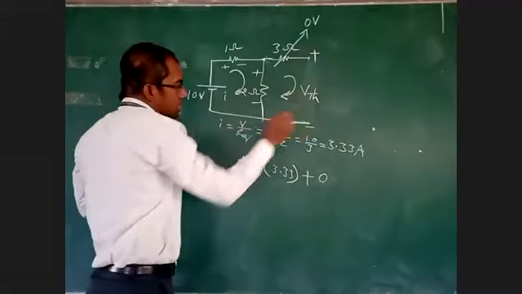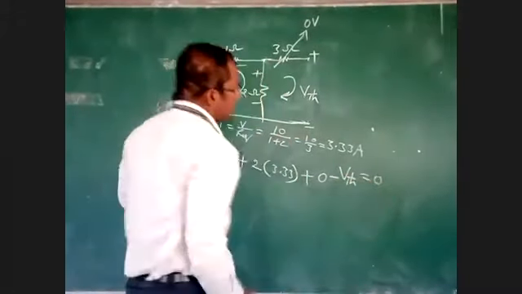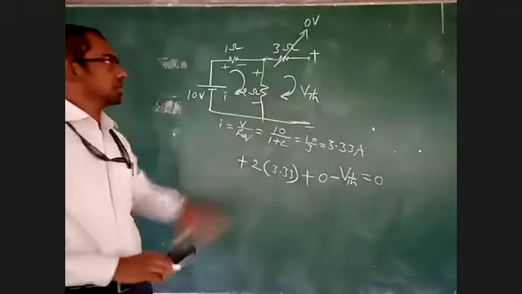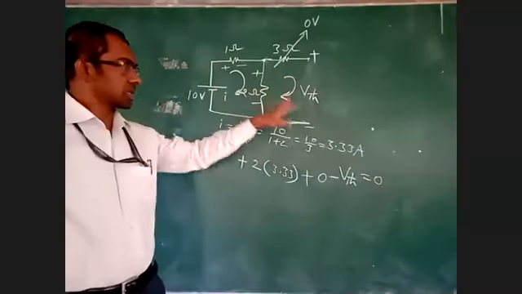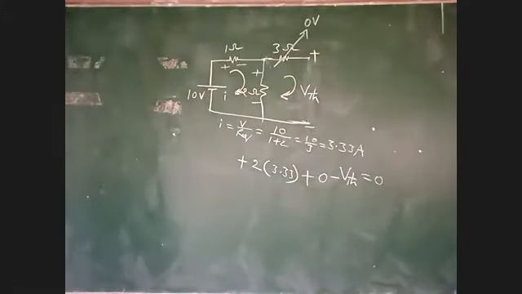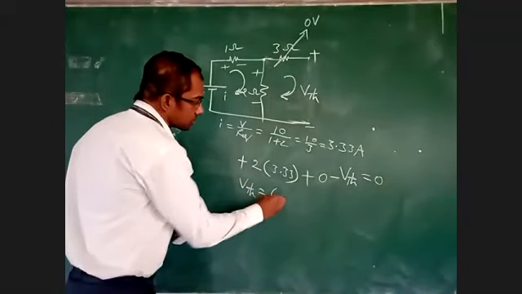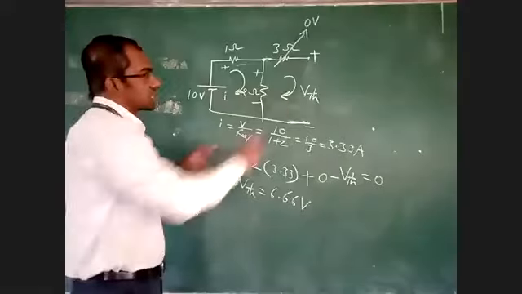Now plus to minus VTH. The algebraic sum of voltages in the loop is equal to, actually this is not a loop. In the open circuit we are determining this voltage. One reference direction we are considering and we are determining the voltage. Now what is the value of your VTH? 6.66. Suppose we have taken this direction. Now let us take the opposite direction.